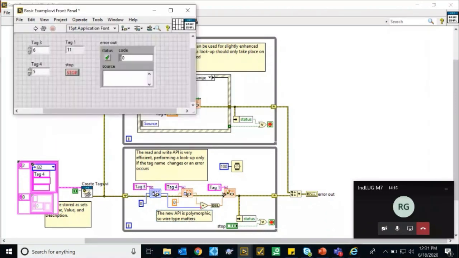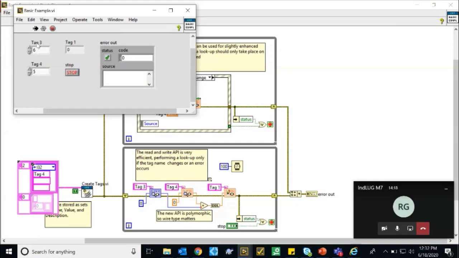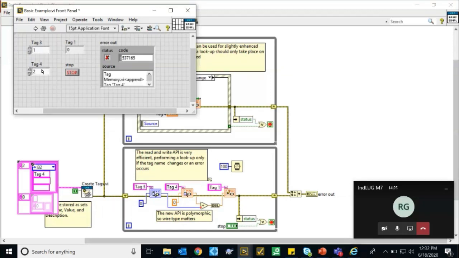So I am just running the program. Here I'm adding the values 1 and 2, so that can be calculated and stored into tag 1.